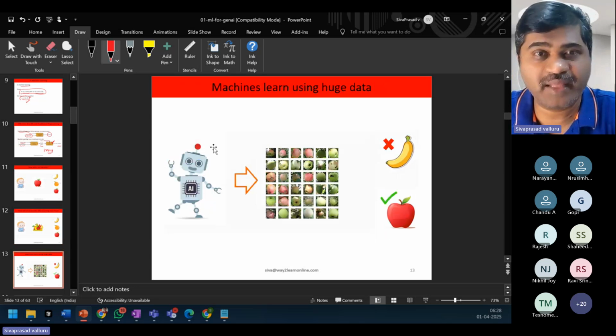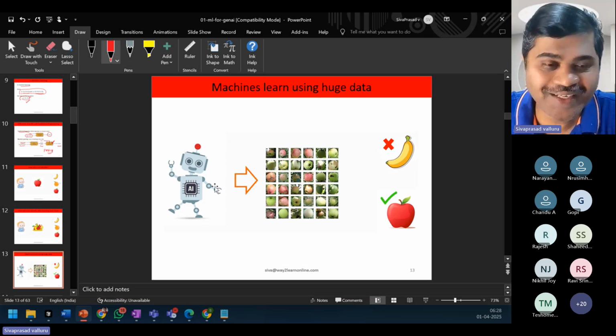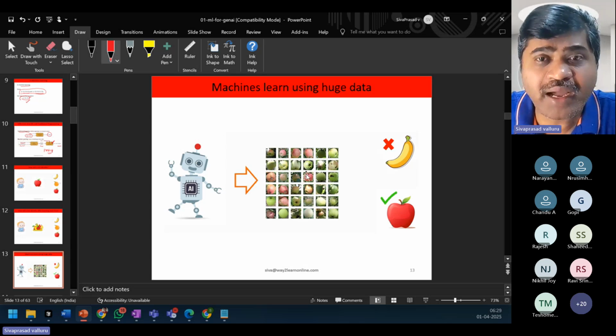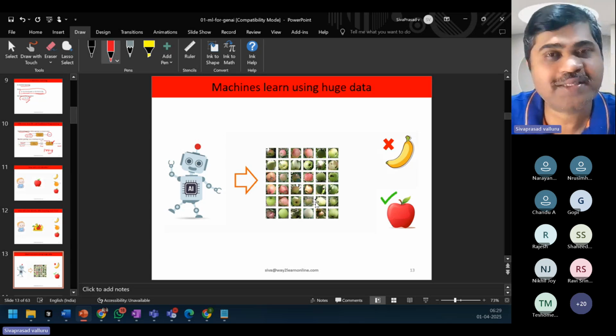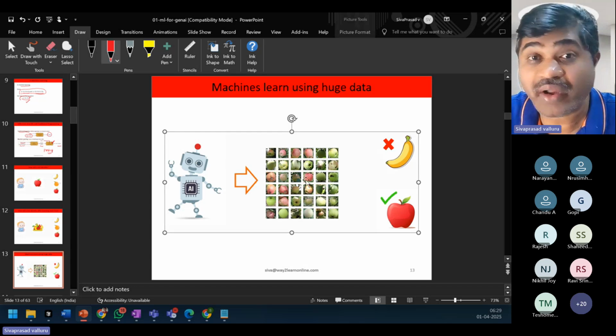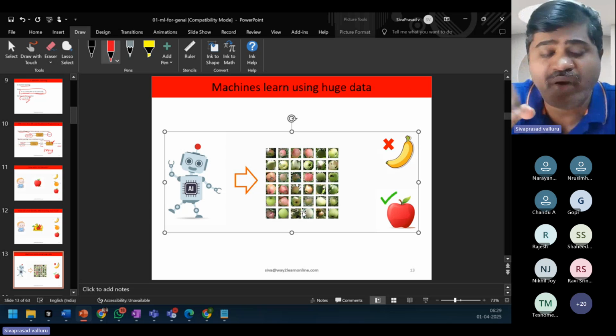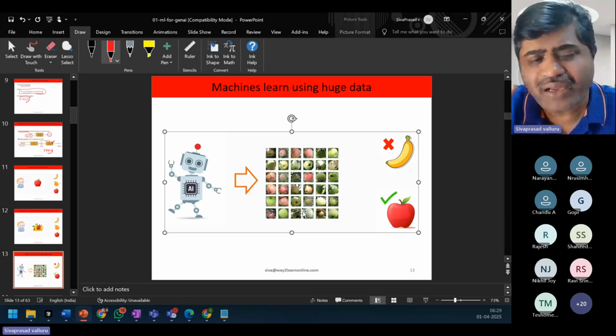Similarly, in AI, if you want to train AI, suppose you are training AI to recognize apples, what you have to do is show various apples, different kinds of apple images, so that it gets trained to identify apples. So if you want to train a machine learning model, you need huge data. If you are training a model to identify apples, you need different kinds of apples.